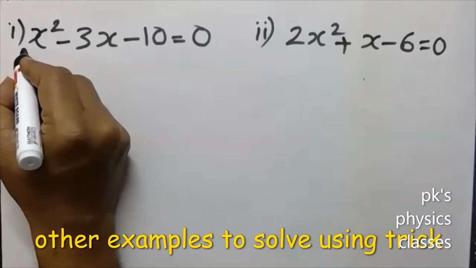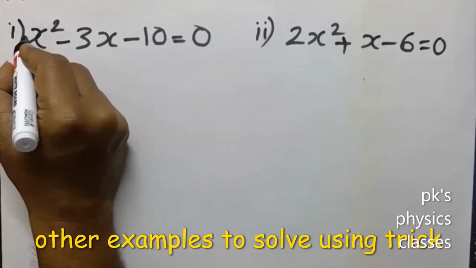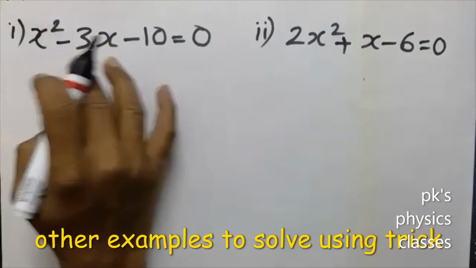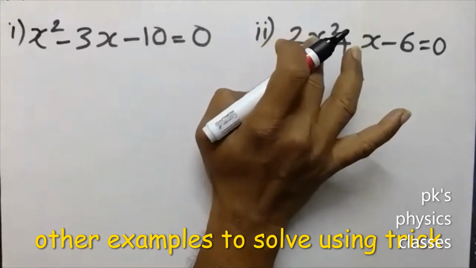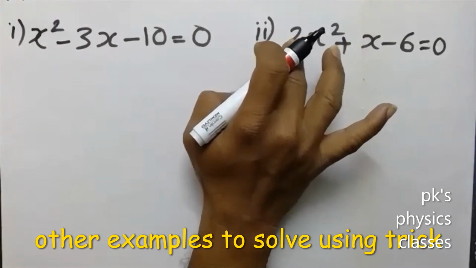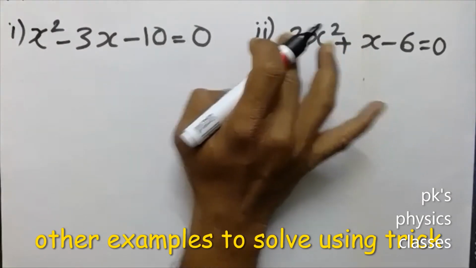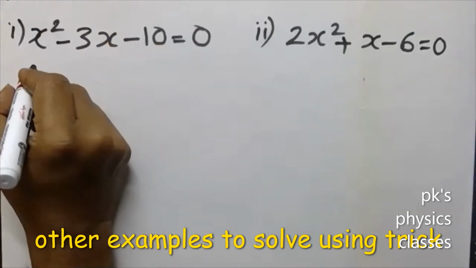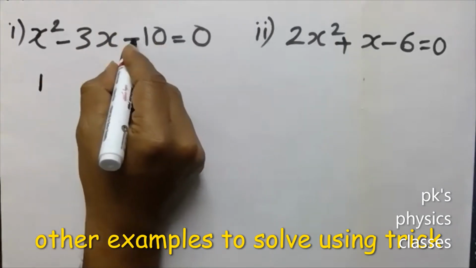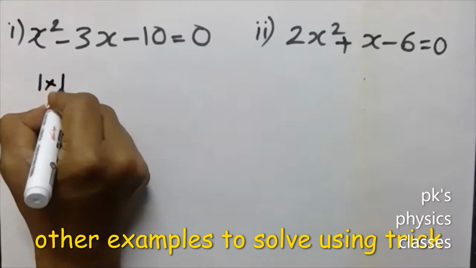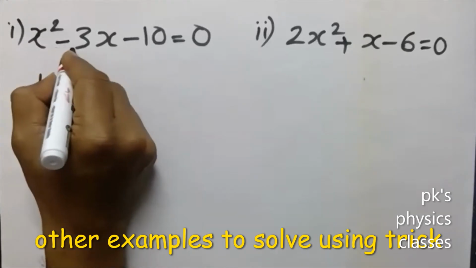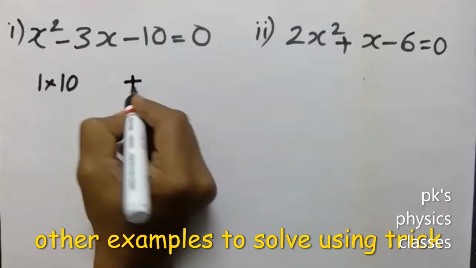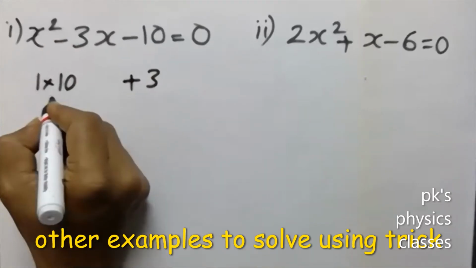While you're looking at this, what you need to understand here is that x² has a multiple of 1. That also you should remember. Then here it is again 1. Now 1 into 10, 10. Just leave this sign also, no need. And now here minus 3 is there. Just leave that minus sign and write only plus 3. Now what to do with this?